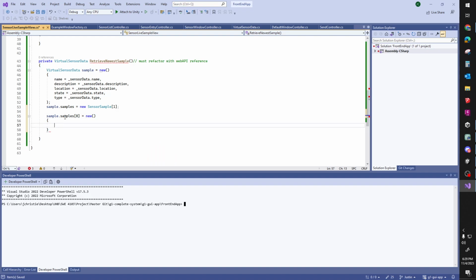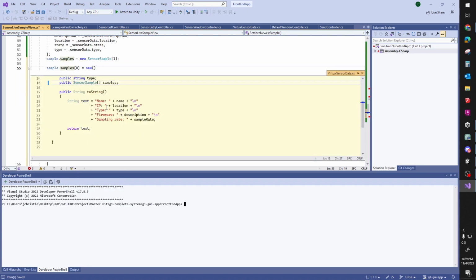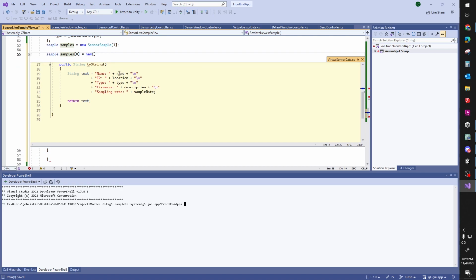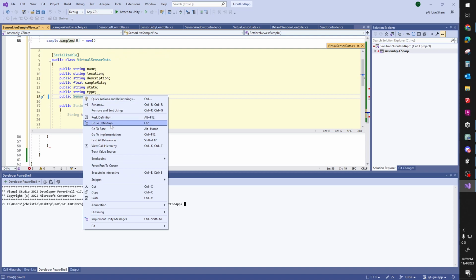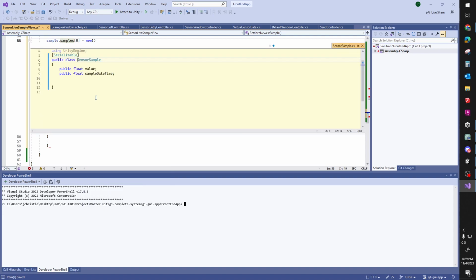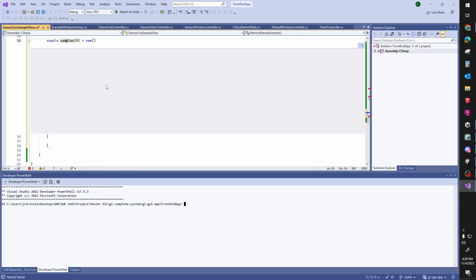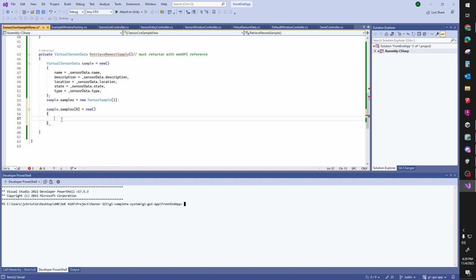And then what are the vars for sample? So sample has two things. Each sample is a data value and a timestamp value. Yeah, it's a key value pair sort of, but I'm just trying to see what they're called. Here we go. Value and sample date time. Okay, so value is going to equal